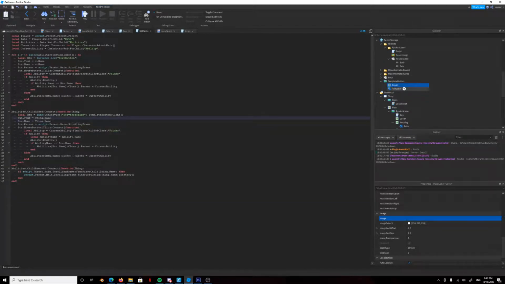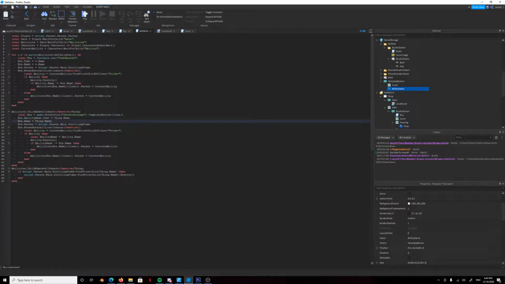Now I have a text label, so button.text label.text. Actually, let's rename that to like name. Or you know what? Let's rename it to item name or something, or ability name. So button.ability_name.text. Okay, and then